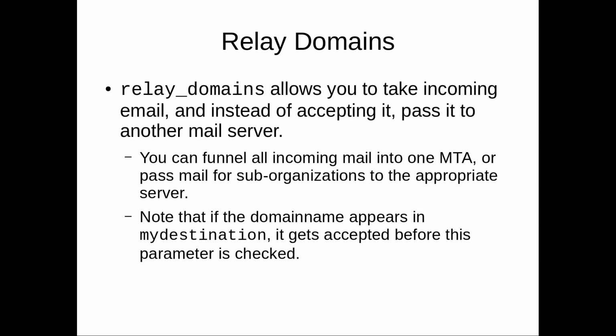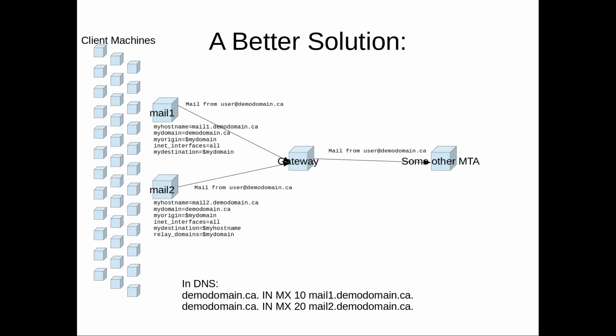If we're going to do this, we use this parameter relay domains to say this is a domain that I will relay incoming mail for. But if we do that, it means we don't put that domain in mydestination. Because if we do that, well, mydestination actually gets checked before relay domains, so it would make this server actually accept and store the email instead of trying to relay it to its server, or the correct server. So, in improvement to our solution,